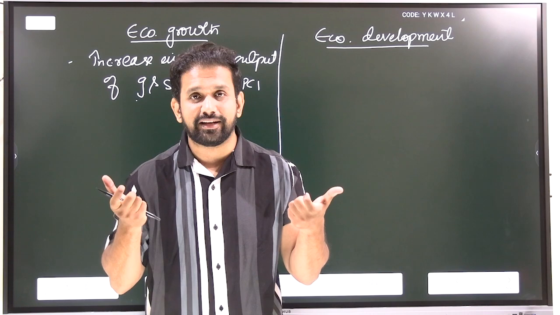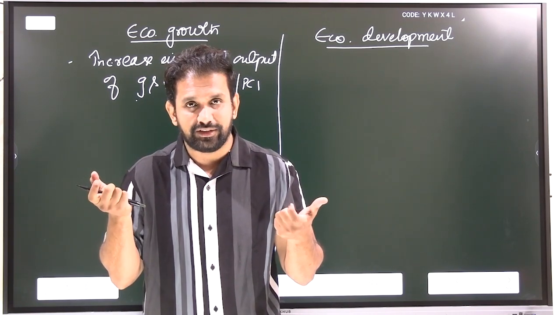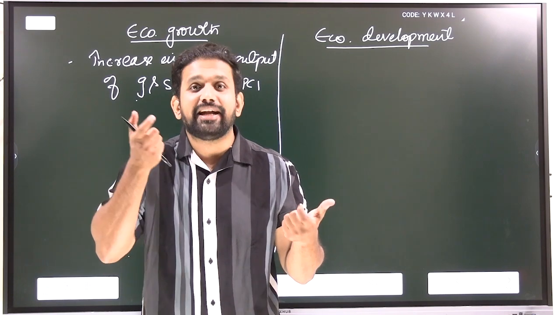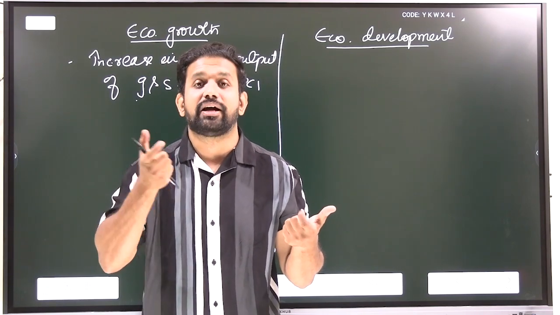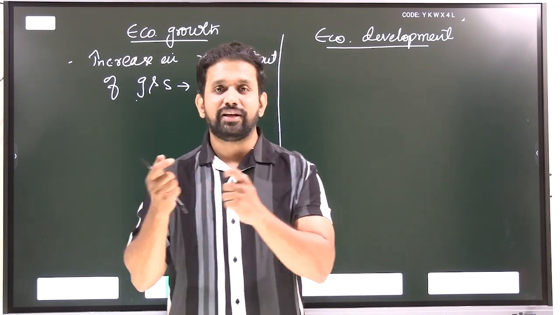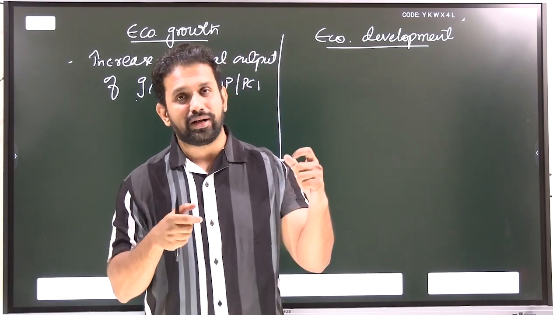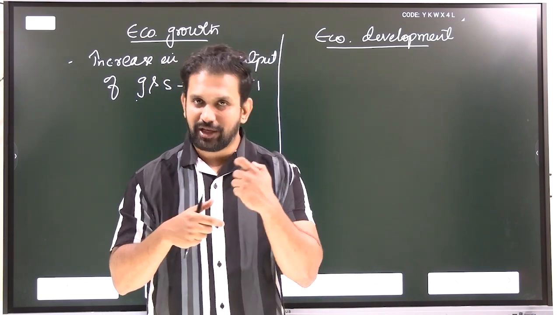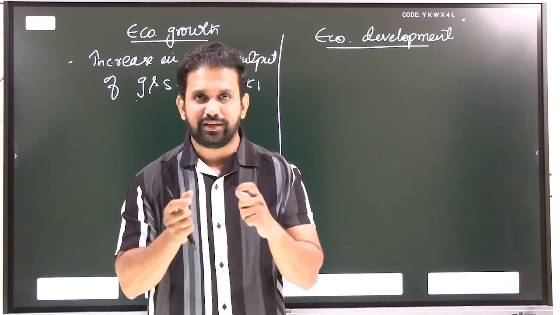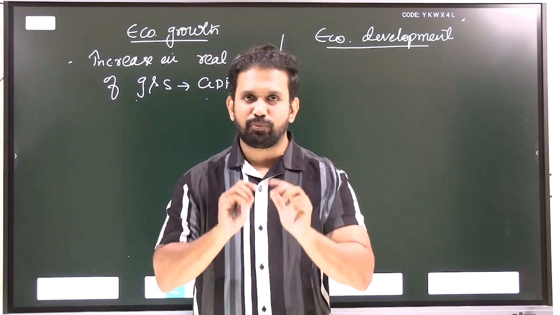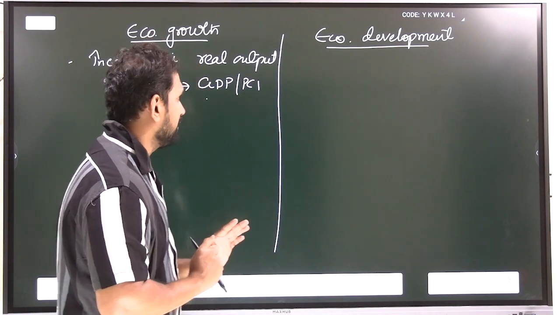That is the reason here not only has the value increased in the next year, but along with the value, the number of items has also increased. This is called real output. Why do we have to look at it this way? What is the meaning of nominal? What is the meaning of real? What is the impact of inflation in both of these concepts? That we will be studying in the national income chapter. But at this point of time, this is enough for your understanding.